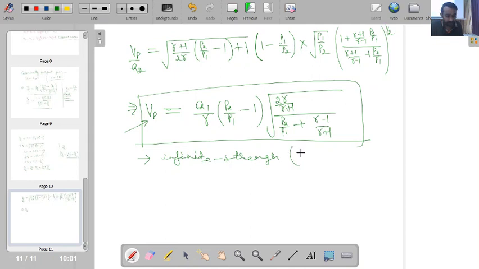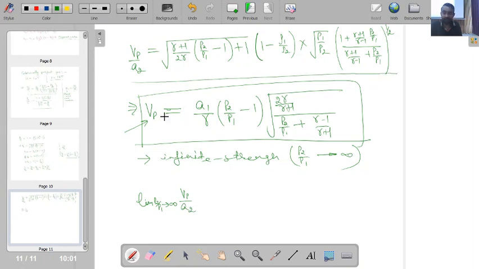In that case P2 by P1 will approach infinity, a very large value. So if I take the limiting case of P2 by P1 approaching infinity, and calculate Vp by A2,